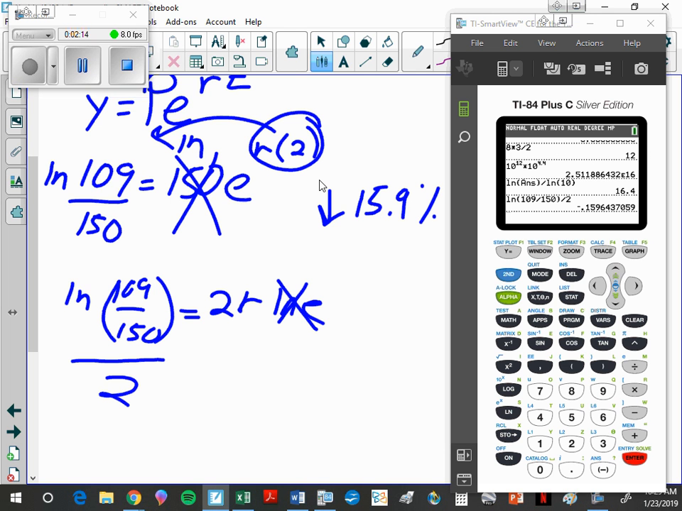Now, this is interesting. Will the drug ever totally be gone? Yeah, the decimal is 0.159, so the percentage is 15.9. So will the drug ever totally be gone? Mathematically, no. But the drug is made up of molecules. So you lose 16% of the molecules in the first hour, and then 16% more, until you get down to